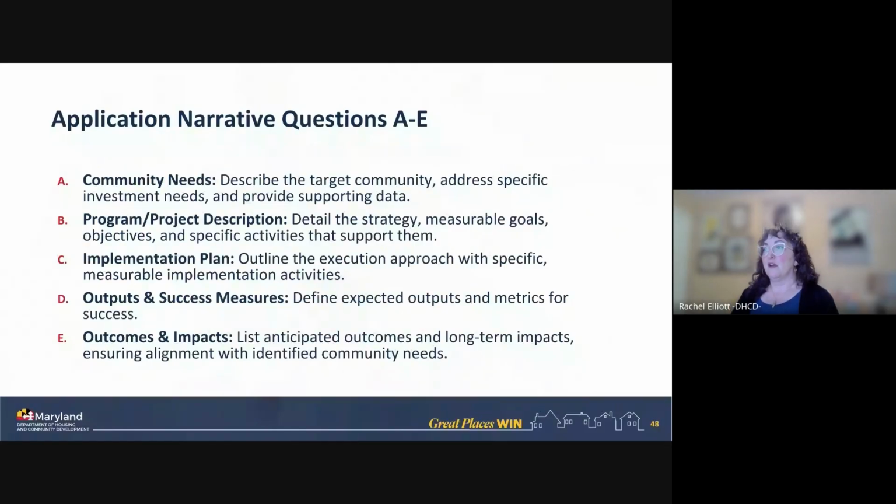We are going to focus on starting with your needs statement, then a straight program project description, your plan for implementation and measurable implementation activities, then your outputs and how you're going to measure success, and then your outcomes and impacts. There are more detailed instructions about what we expect from each of these sections within the application itself.